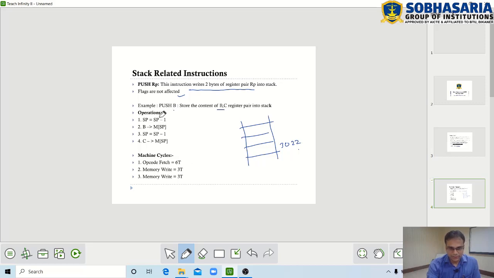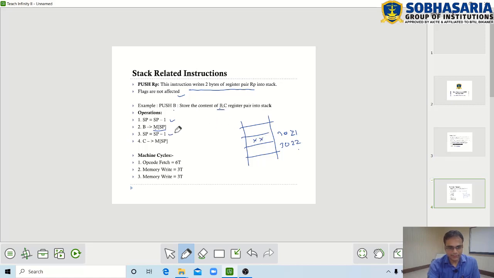The first step is that the stack pointer gets decremented by 1. It becomes 3021, and the memory pointed by stack pointer will have the content of B register. Whatever the content of B register is will be copied here.